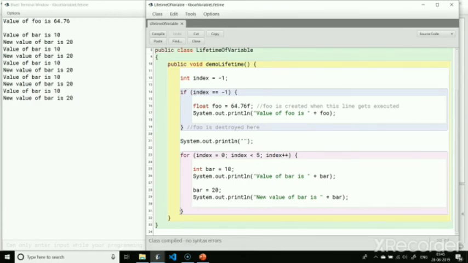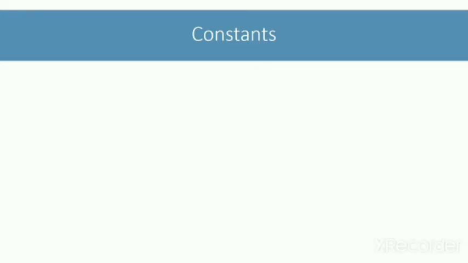Next, we will look at constants. We looked at variables in depth and understood how we can work with them in our programs. Many times in our programs, we come across situations where we need to assign a name to a constant value. Unlike variables, we need a guarantee that these values should not change during the execution of the program.